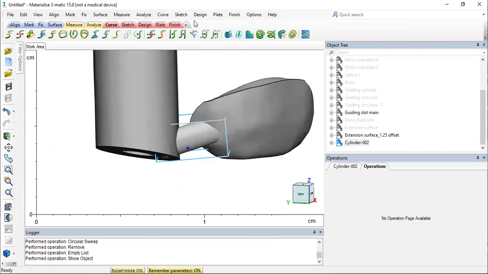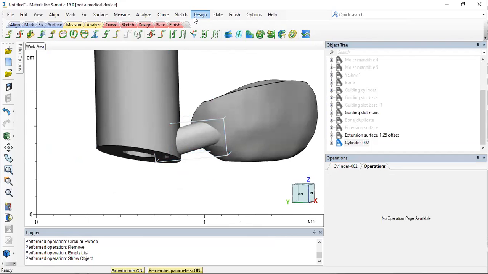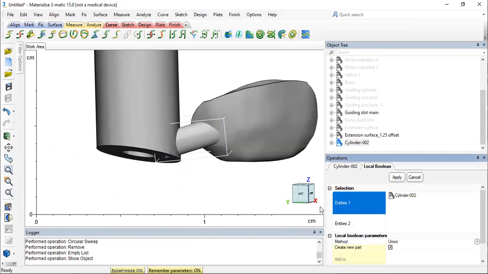So instead of doing a boolean union that we generally do from the design menu, I'm going to use today something called local boolean. What local boolean allows is, it allows you to unite a part to a surface. So basically my entity is the cylinder 2, I've chosen the complete part, but in my entity 2 what I'm going to do is I'm going to filter and select just the surface,